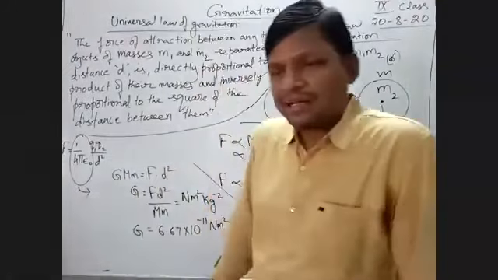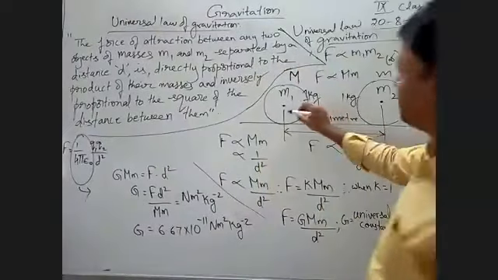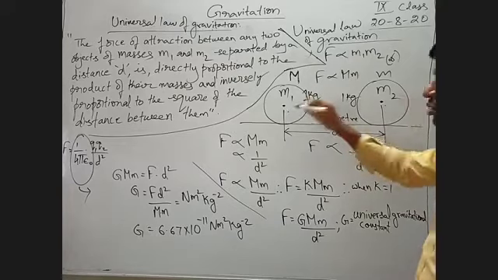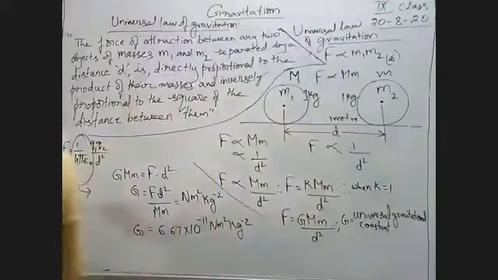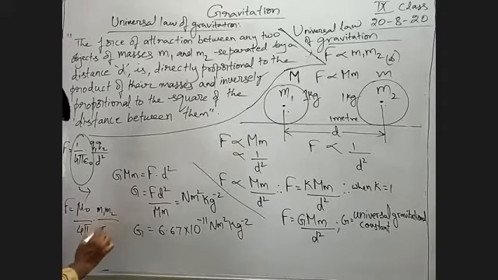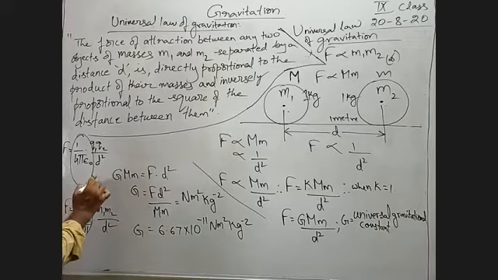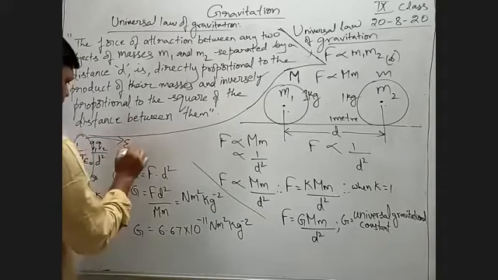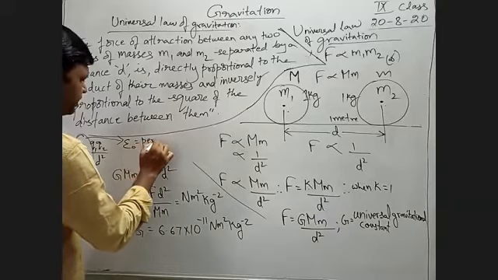Similarly, in magnetism also it will be there. If this is one pole and this is another pole, suppose north to south, south to south, whatever, that also is given as F is equal to mu naught by 4 pi, into m1 into m2 by d square. Here this is a constant. Where epsilon naught equals permittivity